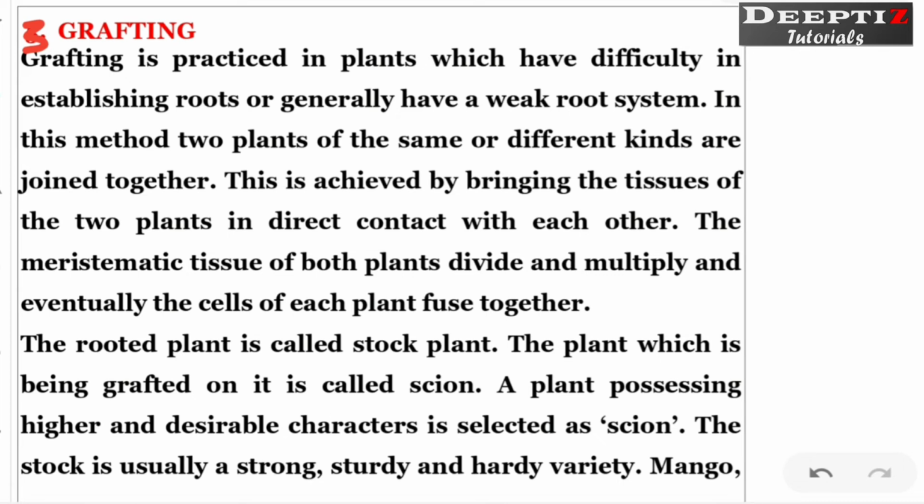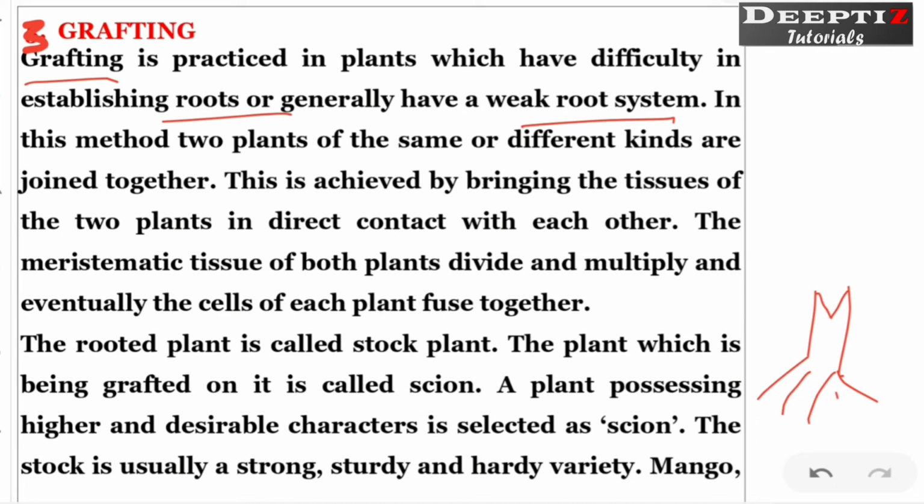So the next one is grafting. In grafting, a small piece is joined to another one. That's why it is called grafting; you might have heard about human grafting, where one organ is grafted to another person. In the same way, from a plant with the desired character, a part is attached to another plant. This is what we call grafting, in which there should be a root system and a shoot system. Suppose this is the plant which has the root, and I am making a cut here.